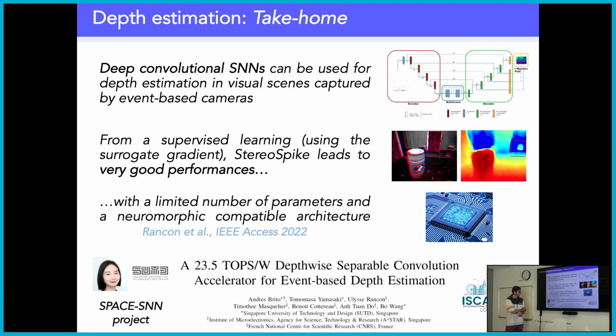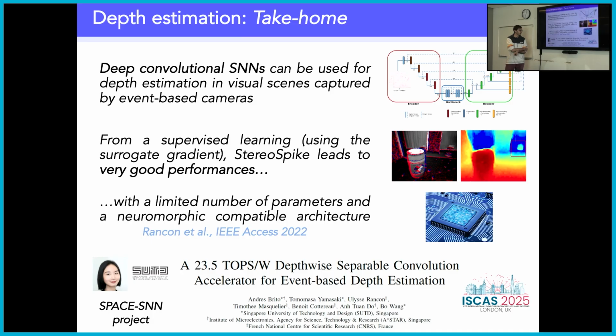And I know that some of you are really interested here in the neuromorphic or hardware aspects. So we had a first try this year at the ISCAS conference. This is in collaboration with Angela Wang at SUTD. She worked with her team on the implementation of StereoSpike on neuromorphic hardware. For now, she worked just on simulation and one part of the network. So we are very far from having a full implementation, but this is the first step, and we are actually leading a project together so as to pursue this over the next years.